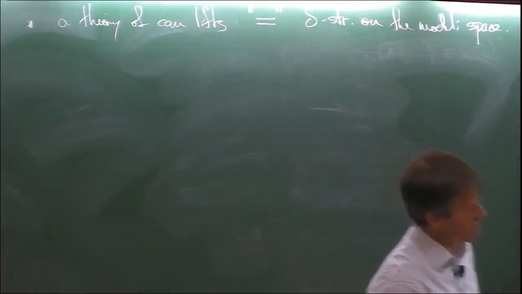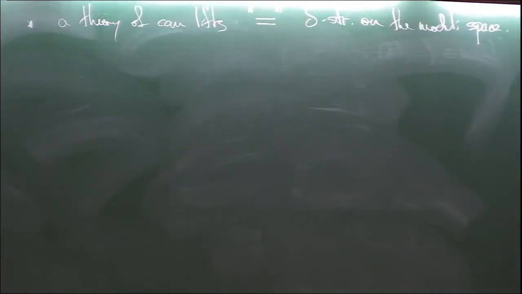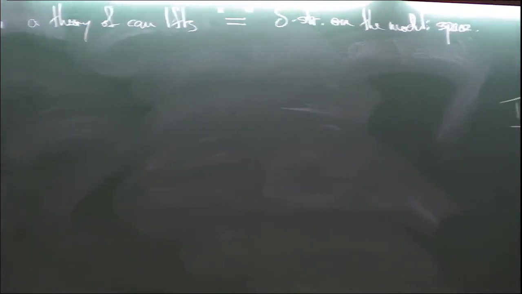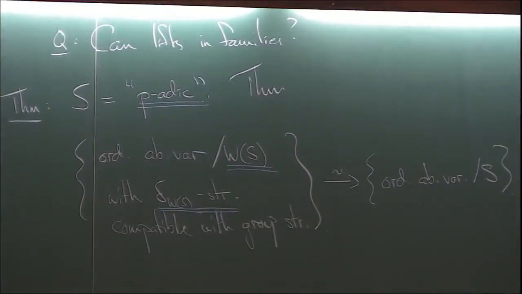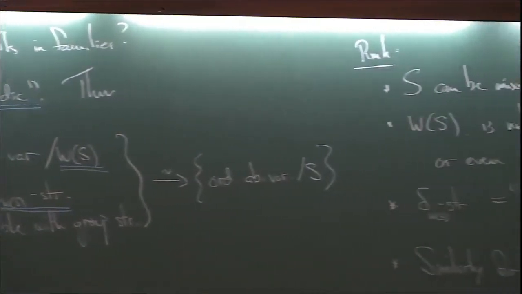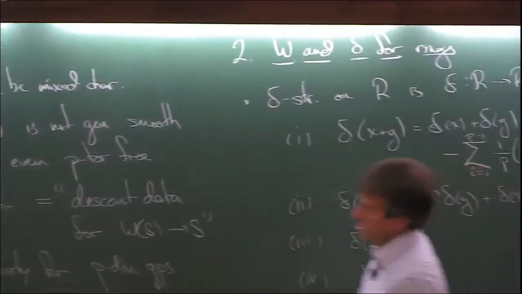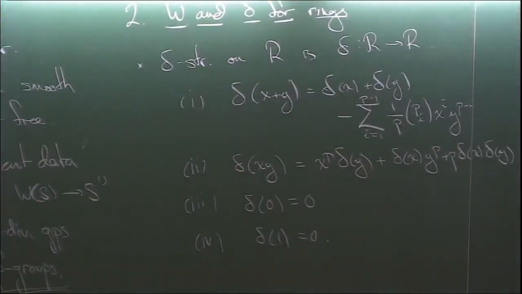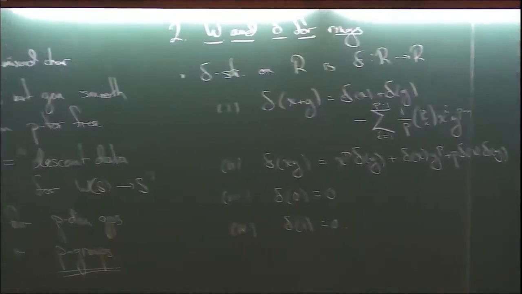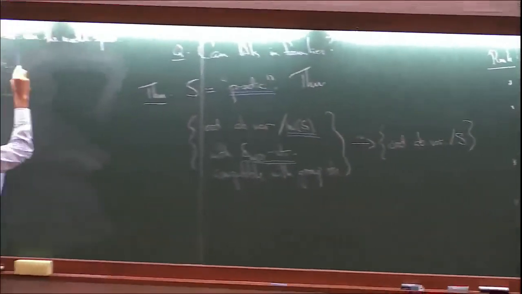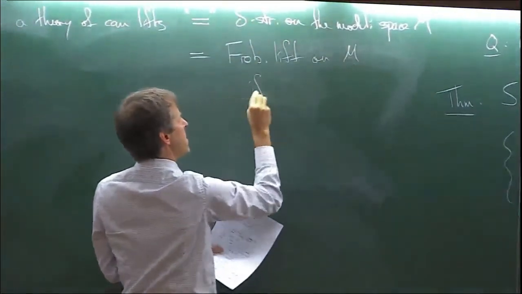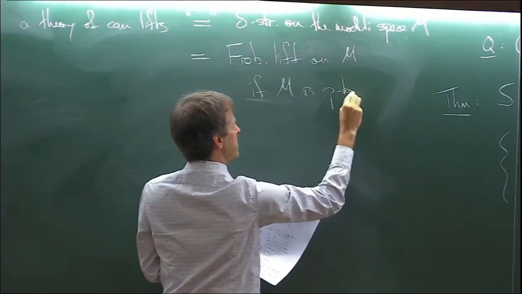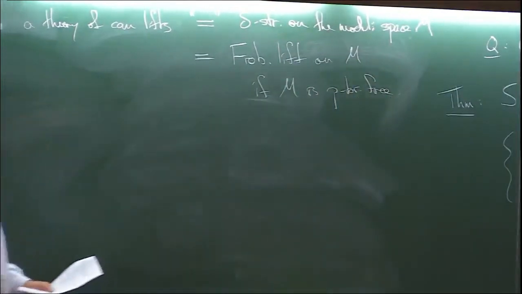But so one thing maybe I didn't, I did say it actually, but I'll say it again. If the ring R is p torsion free, then not only given any delta structure do you define a Frobenius lift, as I've written here, but the converse is also true. If you have any Frobenius lift, you can just solve for delta, and then you get a delta structure. So in the p torsion free context, delta structures and Frobenius lifts are equivalent. So this is the same thing as a Frobenius lift on M if M is p torsion free, if the structure sheaf of M is p torsion free, which is